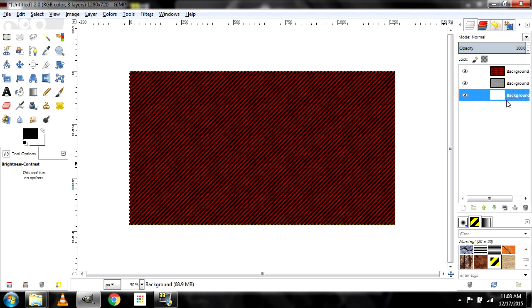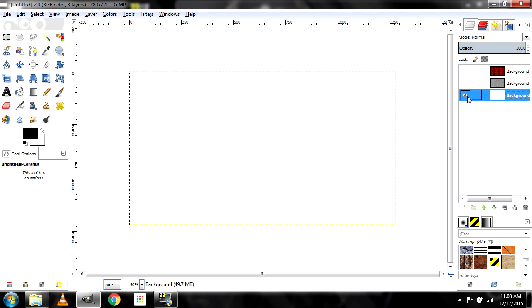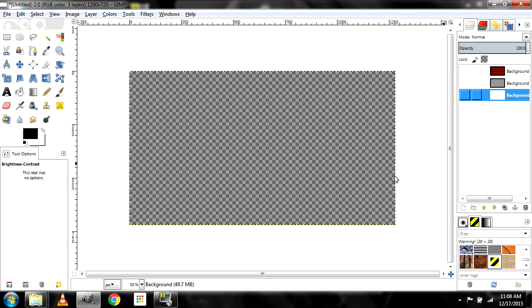Also, I don't really like playing with the background layer for reasons I'll show you later, because later you're going to want to probably make that invisible. If you click this little eye next to a layer, it'll make that layer invisible. So if I don't want to see the stripes, just click. Oh, there's what this looks like without the stripes. You don't want this, click. Oh, there we go. If you do that to the background layer, you get this checkerboard pattern, which means it's